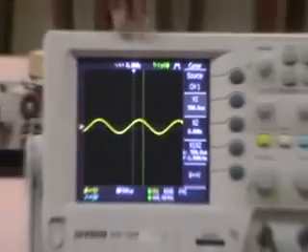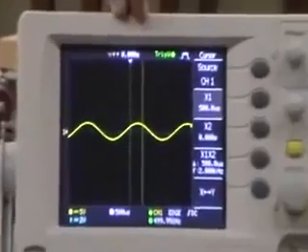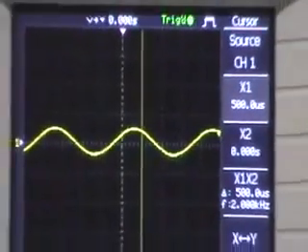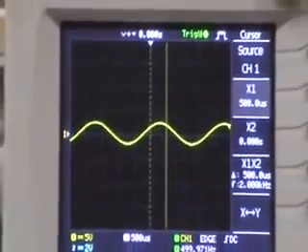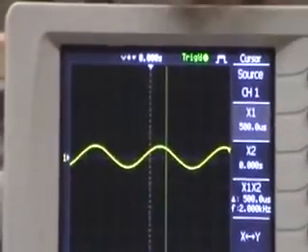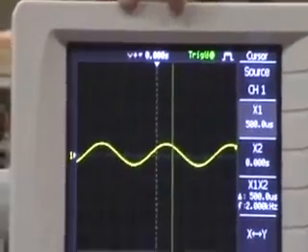Right now we are able to see 2 vertical axes so that we can measure the horizontal time division axis with this. To select any of the lines or to move or vary the lines, we use this variable knob to move it left or right.